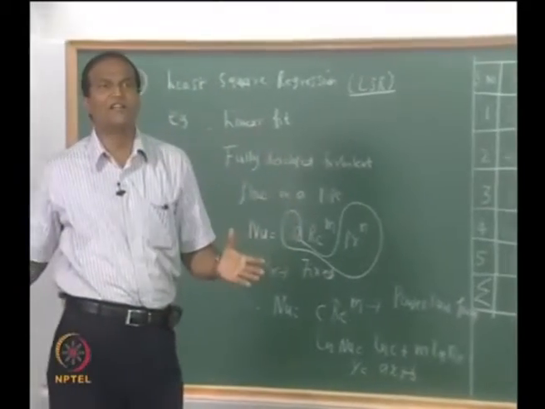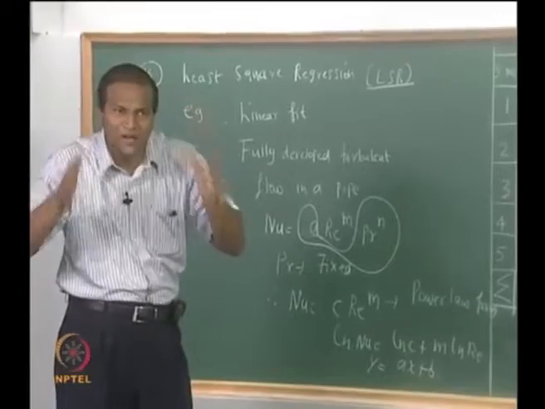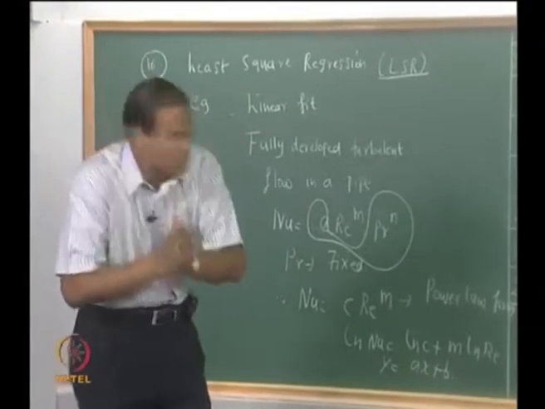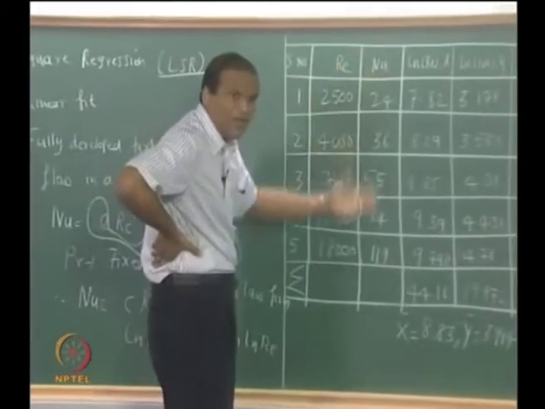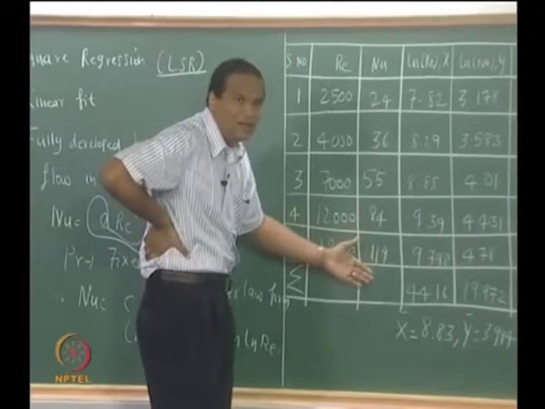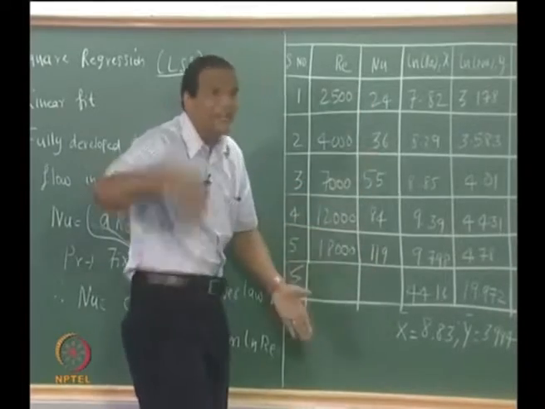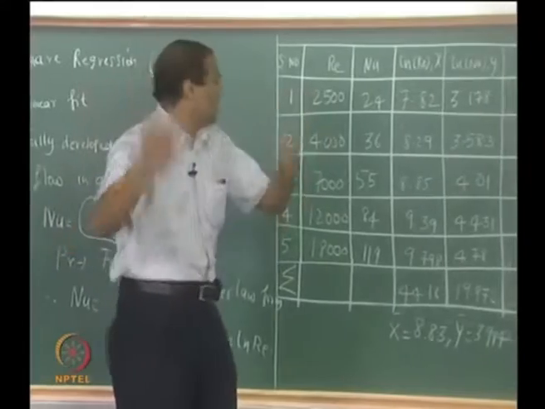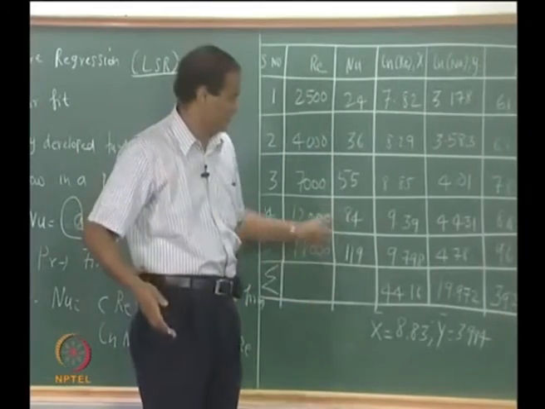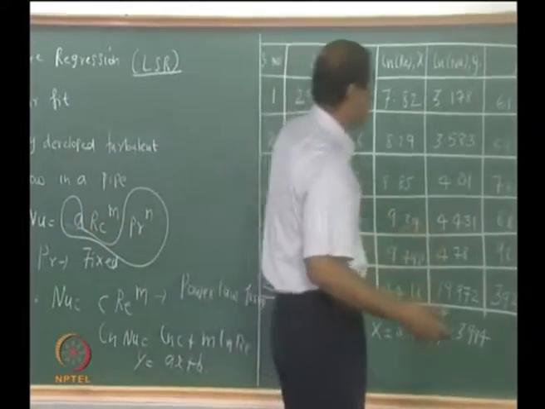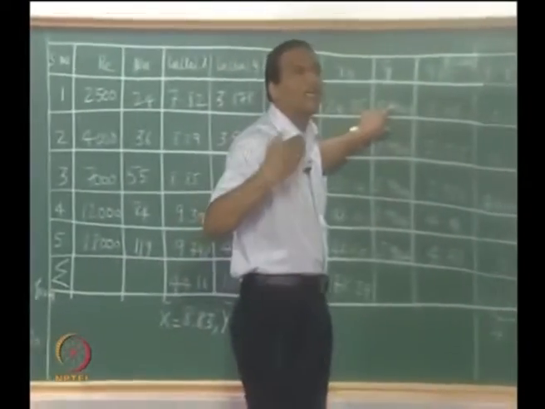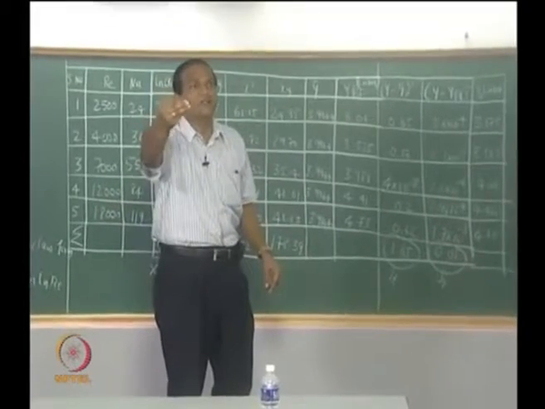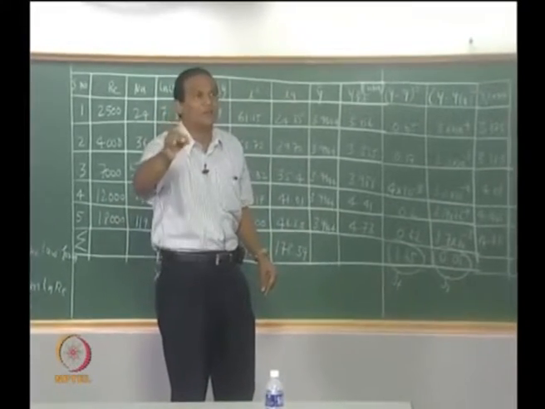Suppose I did not have any heat transfer knowledge, what I had was only the Reynolds number versus the Nusselt number. So what I will do as the first step is basically look at the Nusselt number y and then get the mean. Then I will tell the outside world I do not know any functional relationship, but the mean value is likely to be like that. You can get a mean of, in this case if you take ln of this, what is the mean? You are likely to get a ln of the Nusselt number as 3.9944, but do you stop with the mean of the ln of the Nusselt number? You do not stop with that.